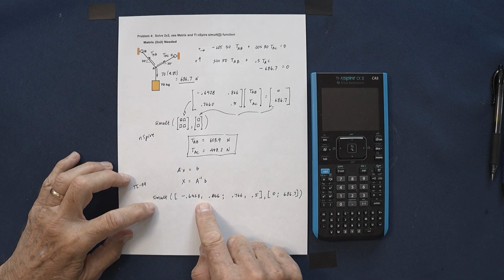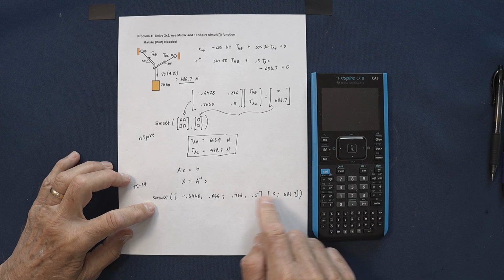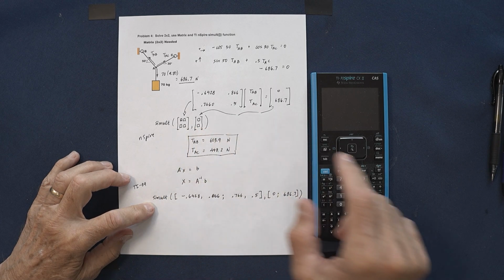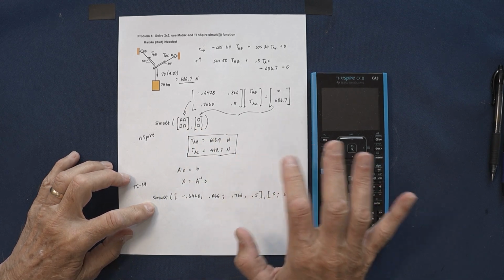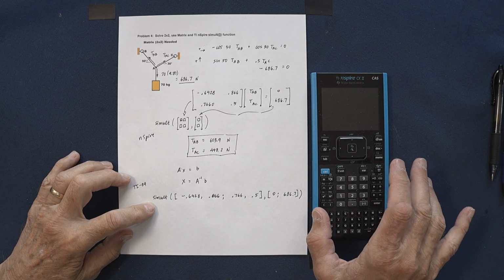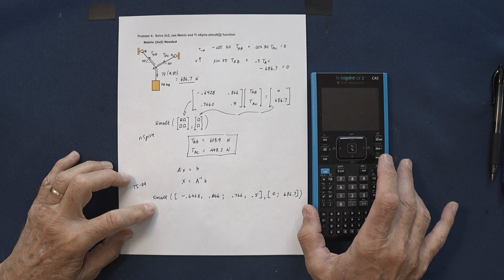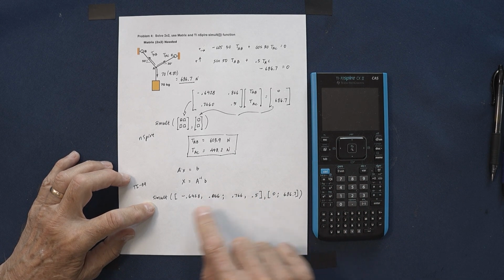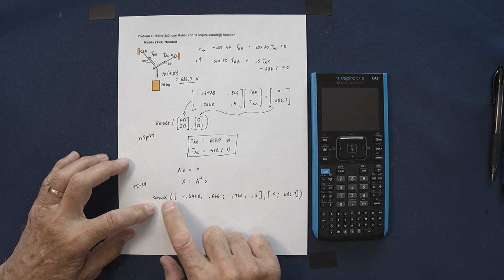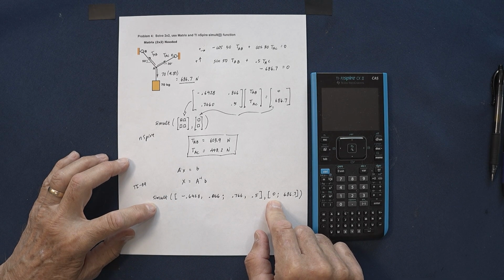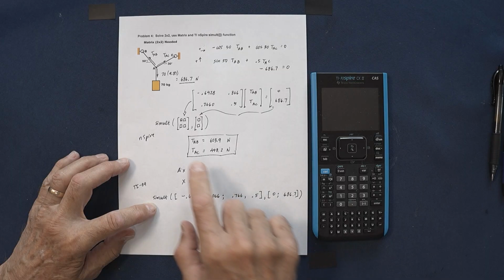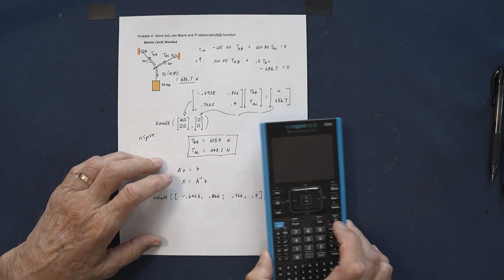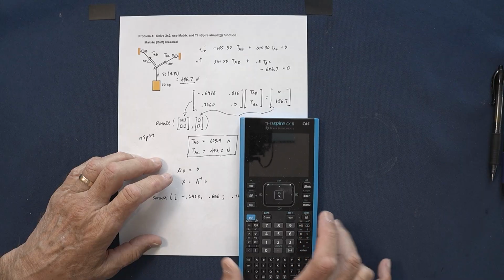I wrote out how to enter this directly into the simult function instead of using the templates, but let's do this and I'll show you how it works on the TI nSpire. I don't think I've ever actually done this on the TI nSpire. This is how you do it, or how I do it, on the TI-89. But on the TI nSpire, I've always pretty much done it this way. But just to prove to you that this works, you basically can